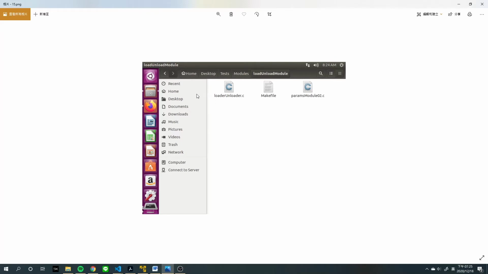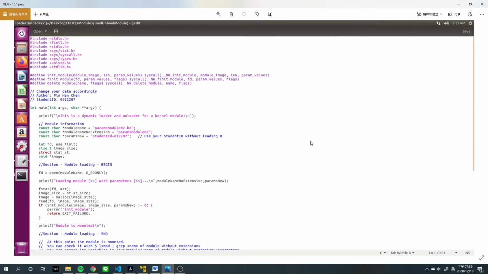So similar as the previous section, we first create a folder in this path, and inside this folder we create these three files. Here we want to briefly explain the loader file, and the first part is loading the module. Here we're using file descriptor fd to open our module. This means read only, and using fstat to read the content from fd into st, and set image size